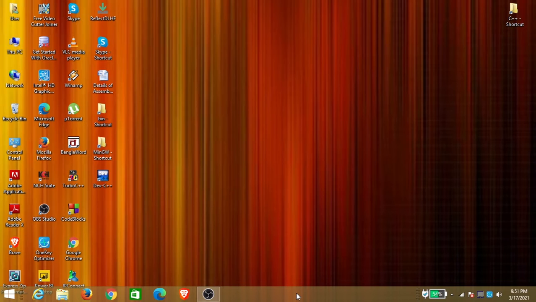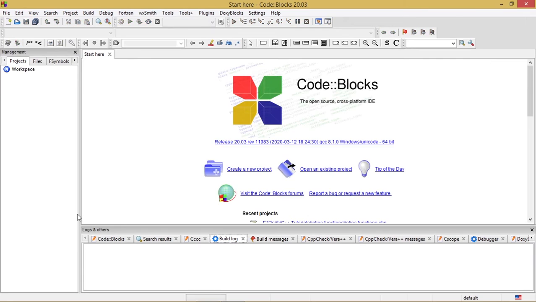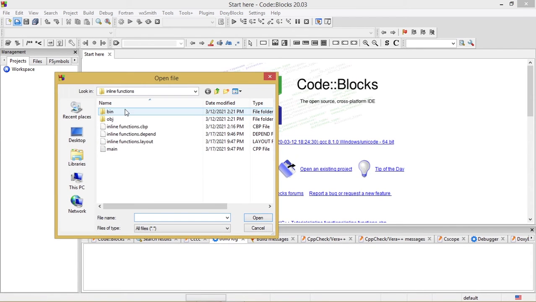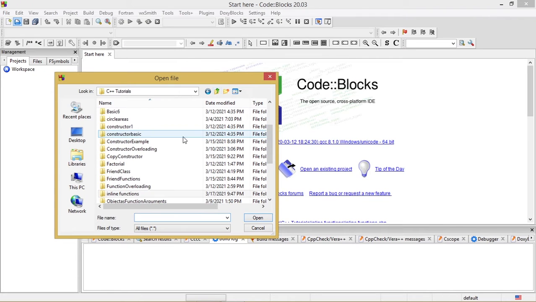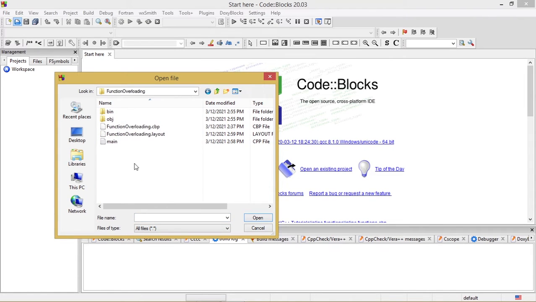So this function overloading will be explained to you in a bit with the help of an illustrative example program which I have written for you, in order to take you into the details of the underlying concept of overloaded functions or function overloading. For that we need to open Code::Blocks first. Yes, we open Code::Blocks, and now we go to the illustrative program to show you the implementation of function overloading. So let's go to this file, function overloading.cbp.